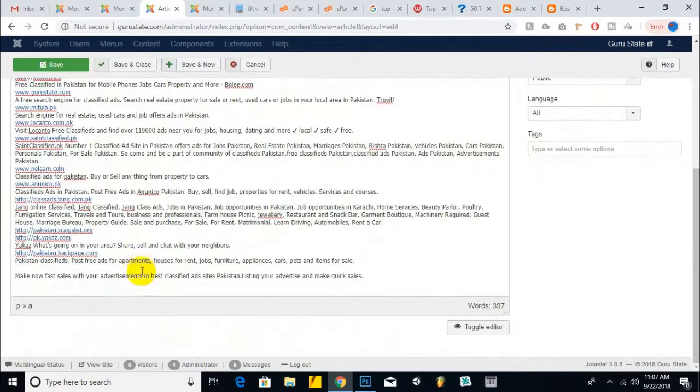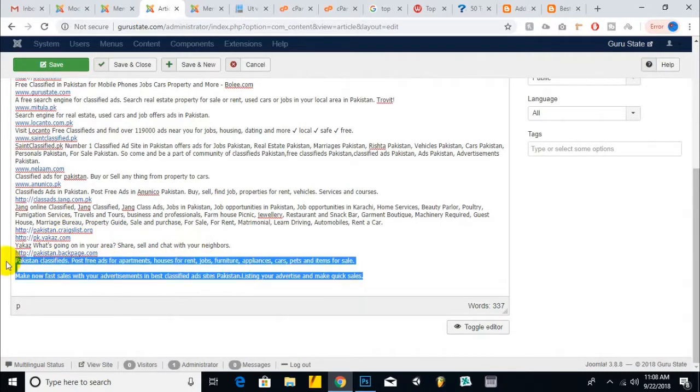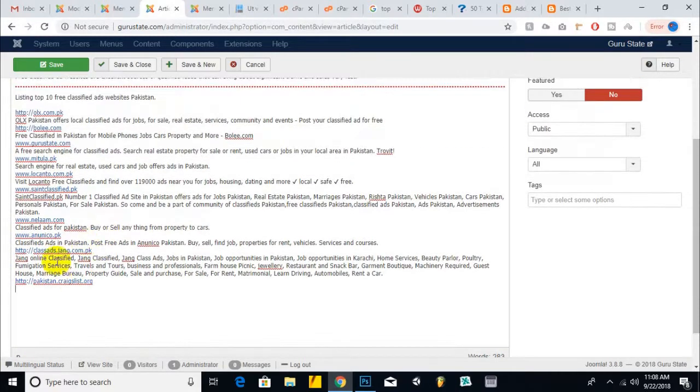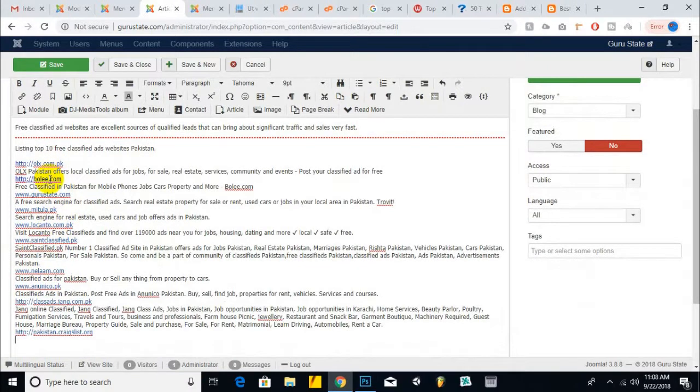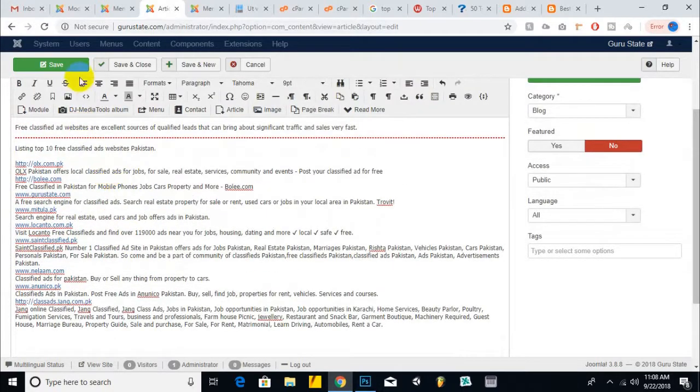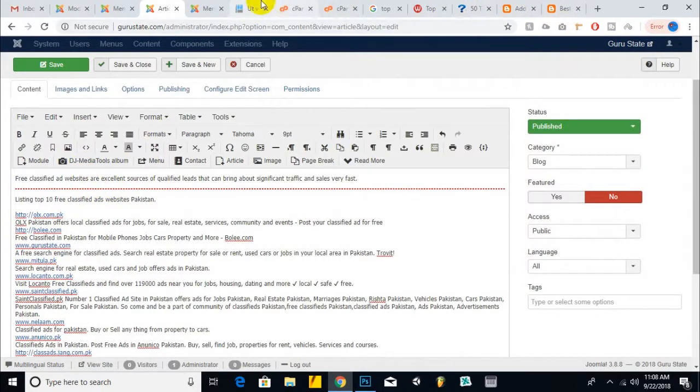No, they have links. So what we can do, the links are fine, and we are going to delete these 2 sites here. Now there are 10 sites, 1 2 3 4 5 6 7 8 9 10. Okay, now we can just